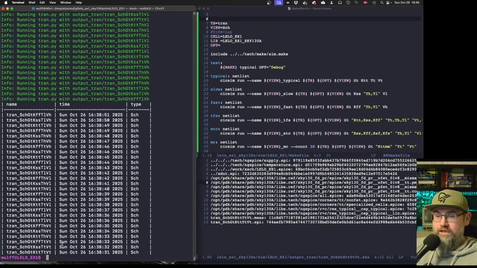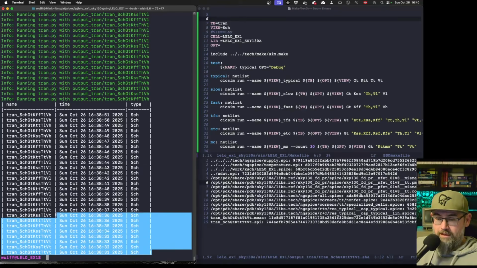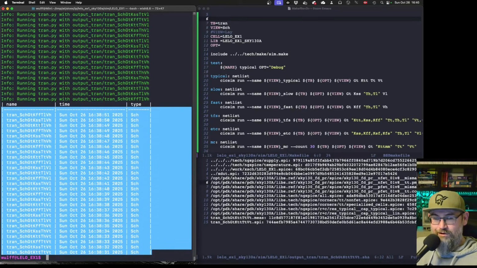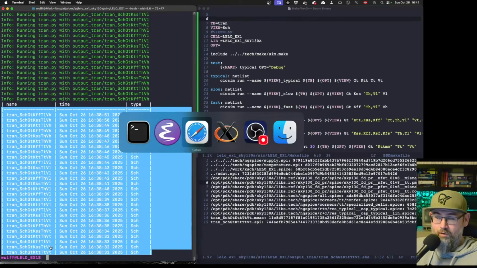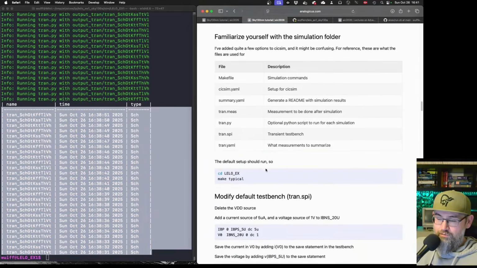Ideally, we'd like to check all of them, all of the corners. Now, imagine that you had to run all these simulations here by changing the spice file and running again. That takes forever. That's why there is a 6sim, and that's why I'm forcing you to use this type of